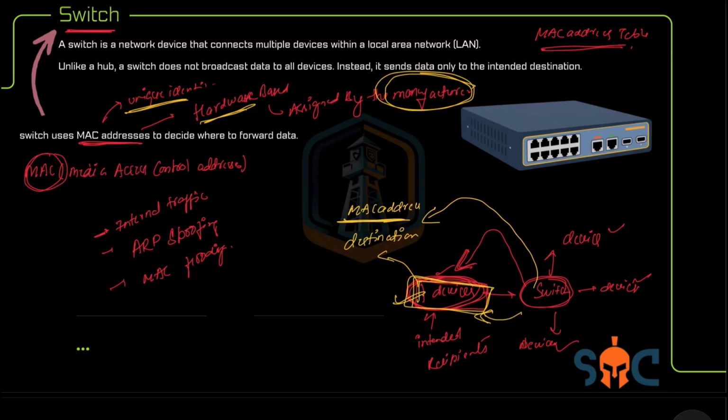And in addition to that, a switch is a layer 2 device, that is the data link layer in the OSI model. Okay, that is actually a switch. Now we'll move towards our